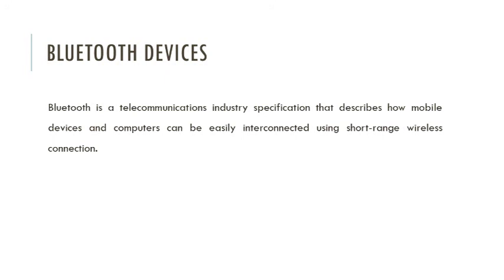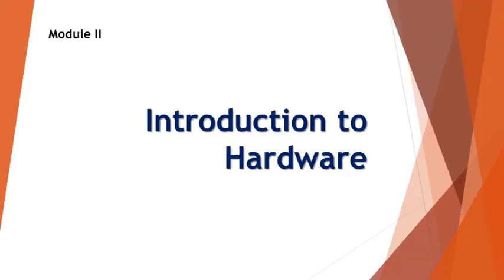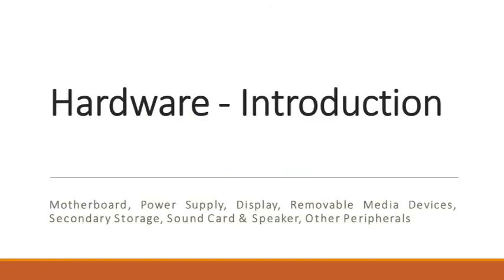So with that, we just wind up today's class. In this class, we discussed the first three major topics of this module. The first one was the introduction to the hardware. The second one was the simple model of the computer, which means the block diagram of the computer. Then we have the input devices, which include the keyboards, pointing devices, and also the imaging and video input devices. And finally, we discussed the Bluetooth devices. So that's regarding the introduction to the hardware, the first part of this chapter.